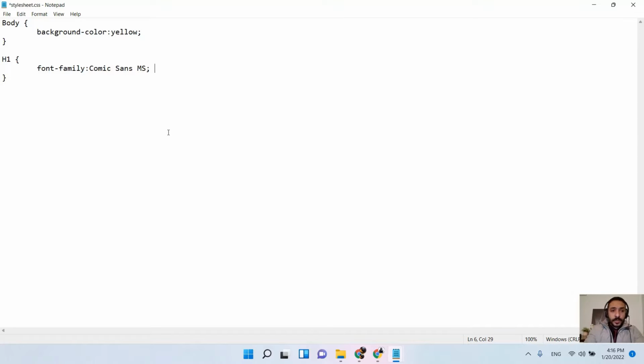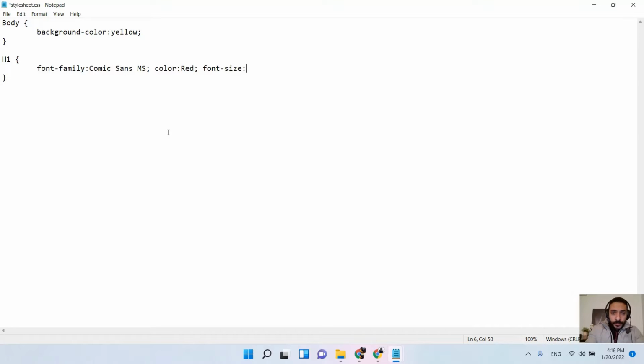So firstly, we choose the font family. We can choose here the color colon, and then specify the color like red, close with semicolon. After that, you can assign a size by inserting font dash size